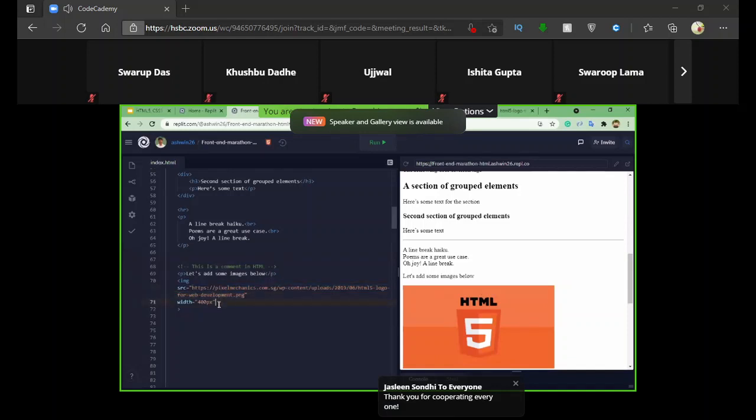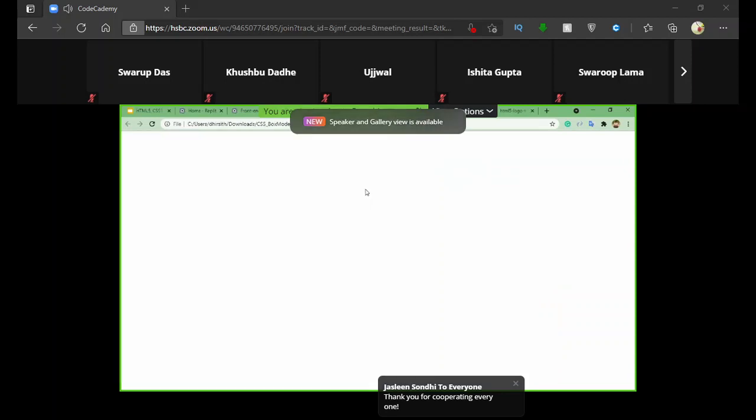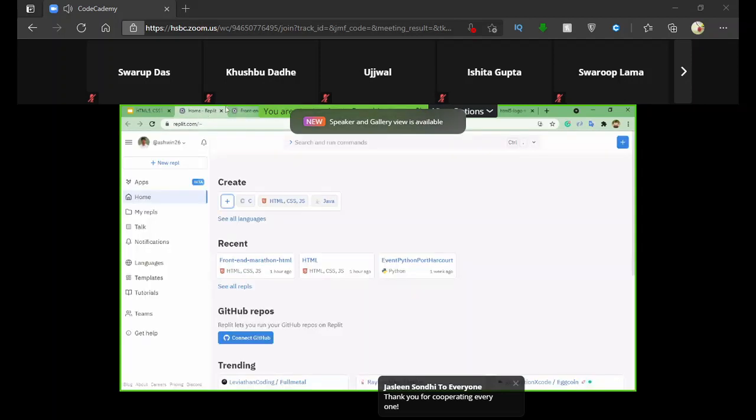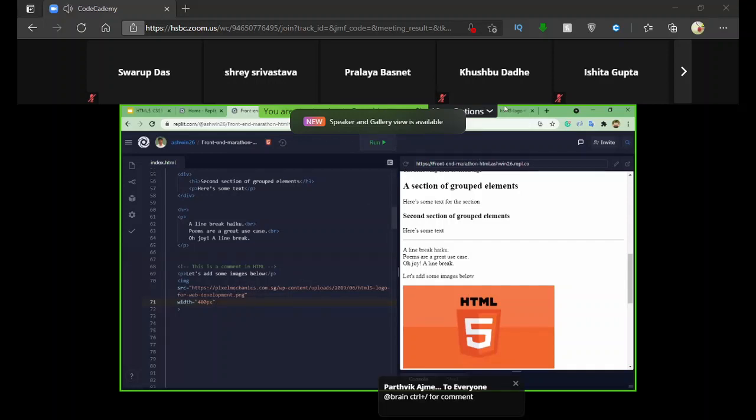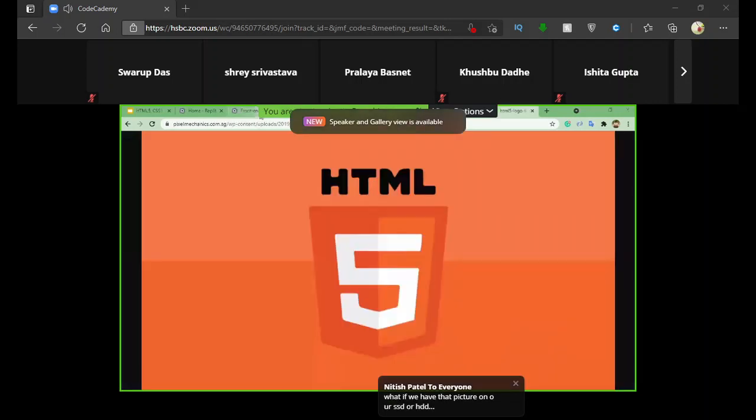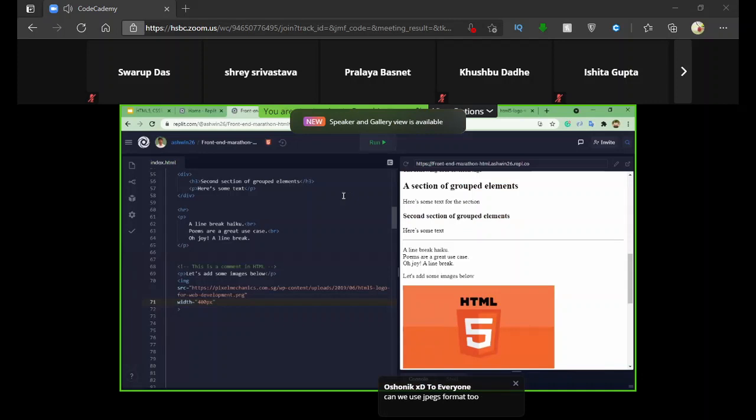As you can see, that image is really big. To control the size of the image, we use something called width. If I remove this width, see what will happen.